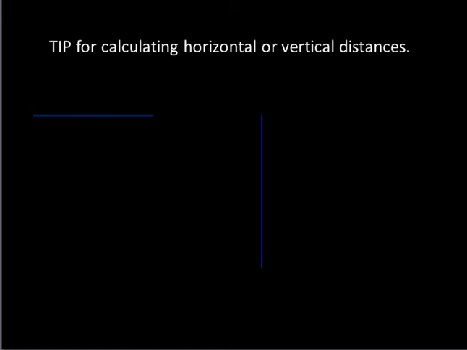Before we start section 5.2, I'd like to give you a little tip for calculating horizontal and vertical distances, or lengths of line segments. You'll be doing this in these problems in 5.2. If you have a horizontal line segment, you know that each of the endpoints has the same y-coordinate. So I'm going to call this point x on the left. Let's say the y-coordinate is b. And this, we have a different x-coordinate. It's to the right of x sub l, so I'll call it x sub r, b, and the length of